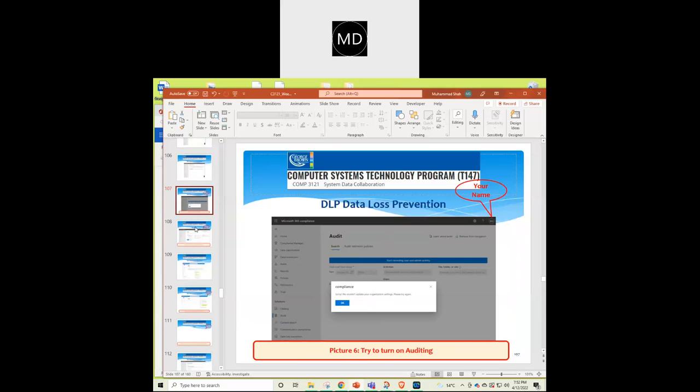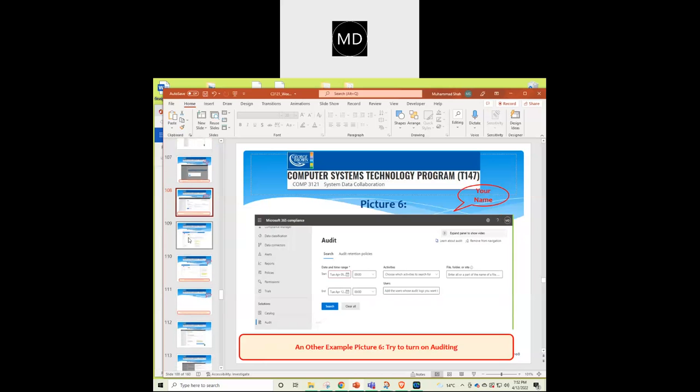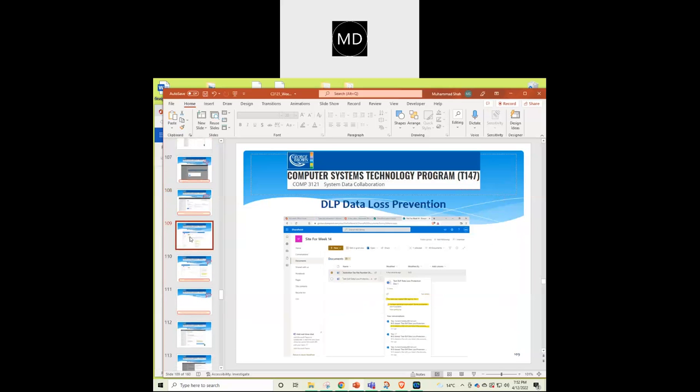But in both cases, this will be our picture number 6, and picture number 7 will show that some of our documents are recognized as having sensitive information. It takes a little time, but I can create a document right now and see if, after the end of our class, we will have this sign, a red triangle, that our system creates to say the document contains some sensitive information. How it works: I go to my site